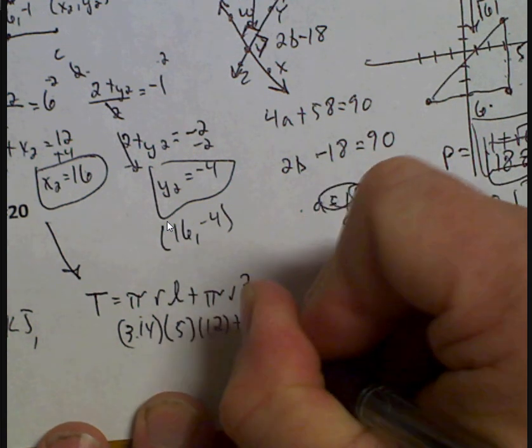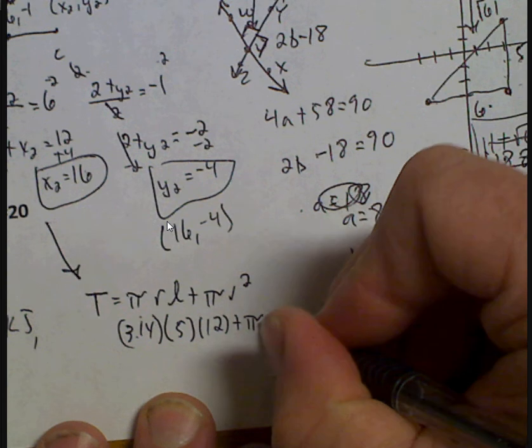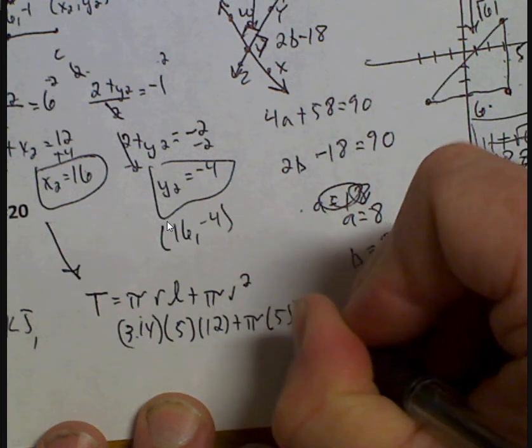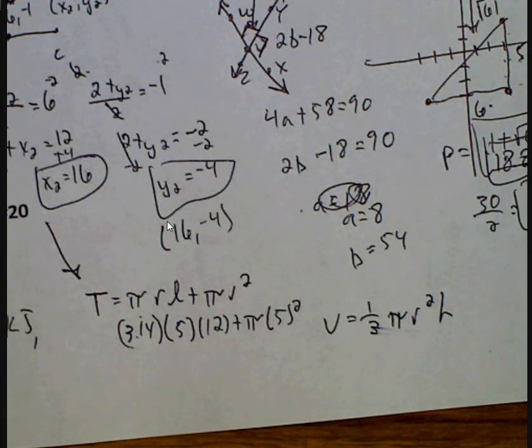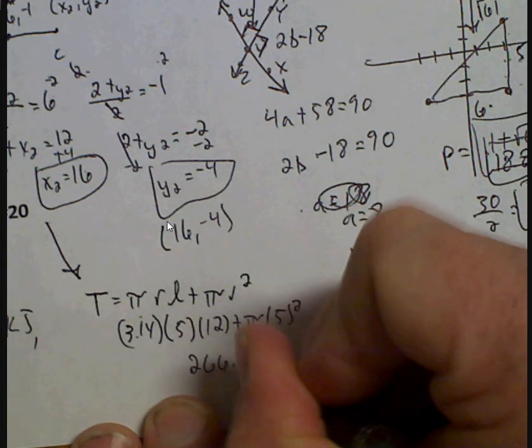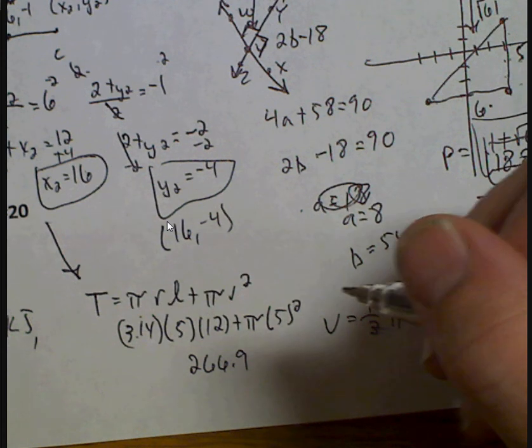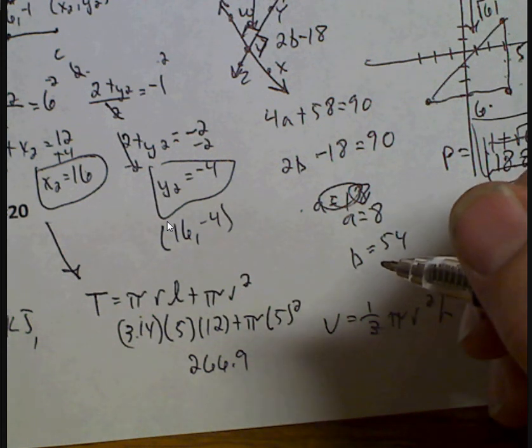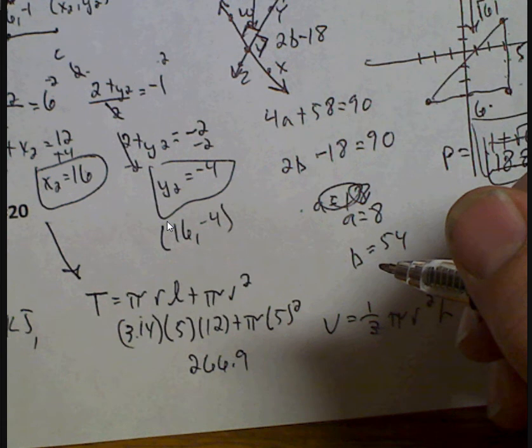Plus pi. My radius is 5 squared. So 3.14 times 5 times 12 plus 3.14 times 5 squared, and I get 266.9. Okay, here we go. Next,